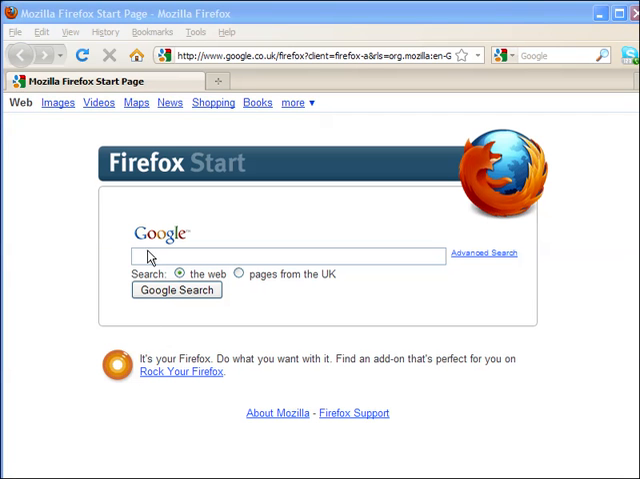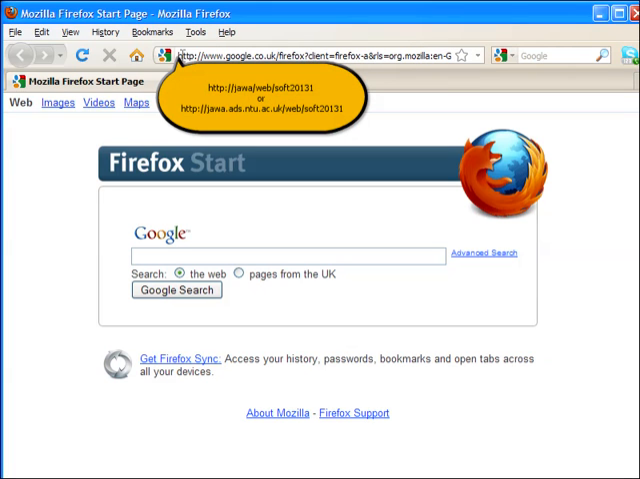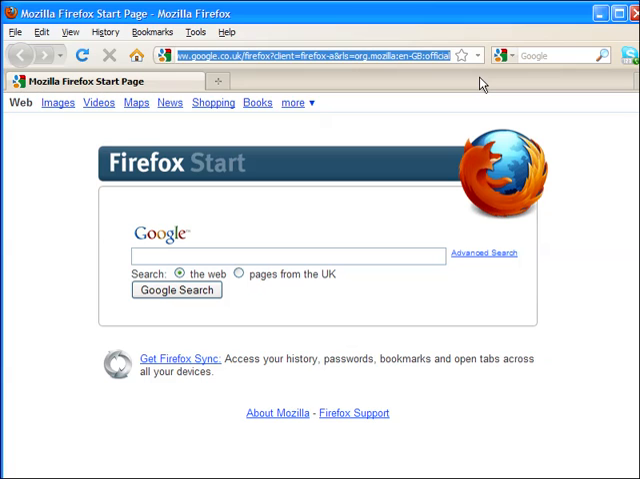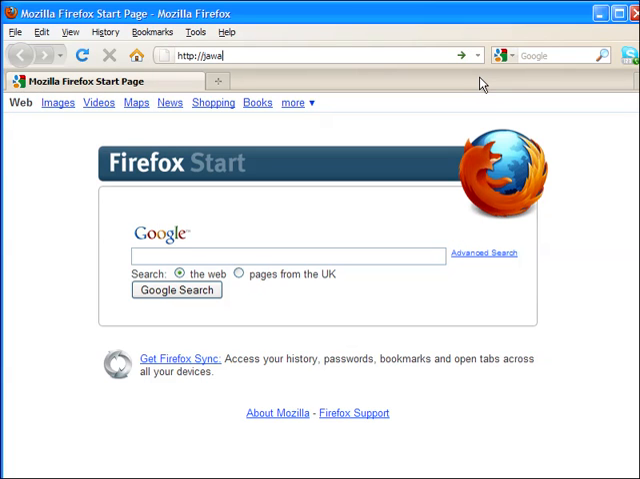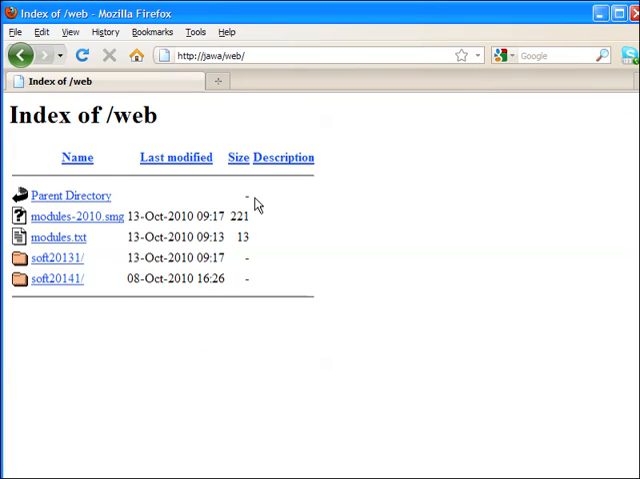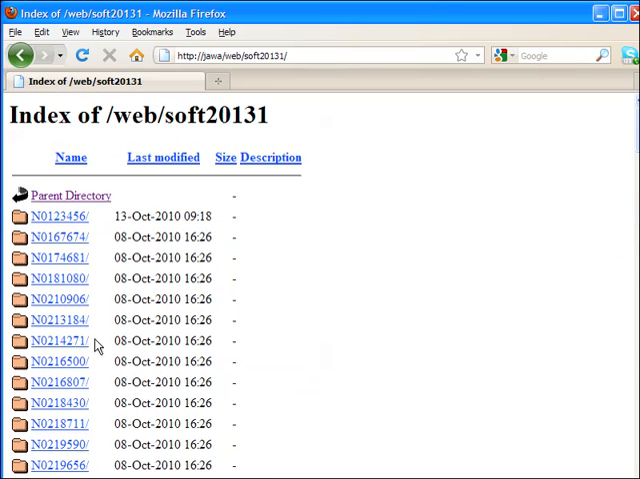Okay, now let's see where your file is and how you can see that one through a web browser. Now open your web browser, this time http://java. Either you can type java.ads.ntu.ac.uk or just Java will work here, and then web folder. Okay, and then you should be able to see 131, and then again you should be able to see your